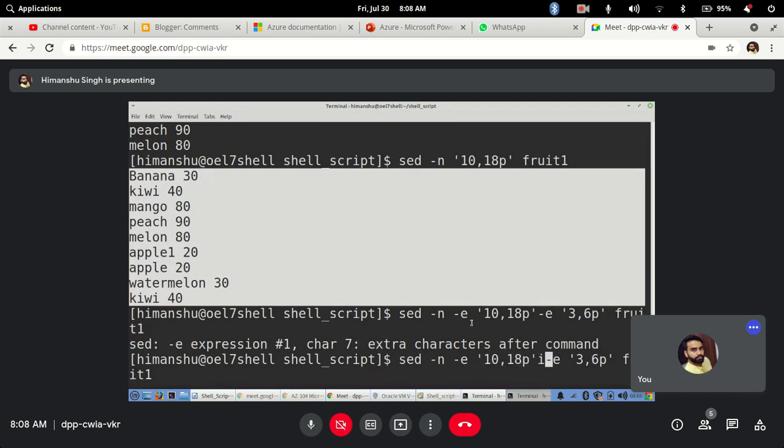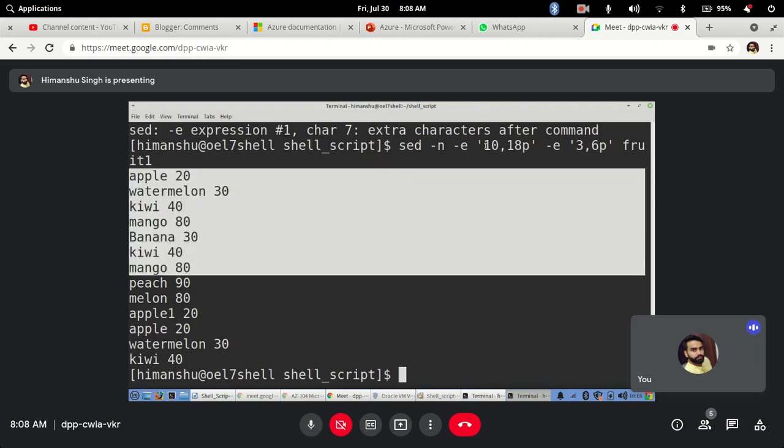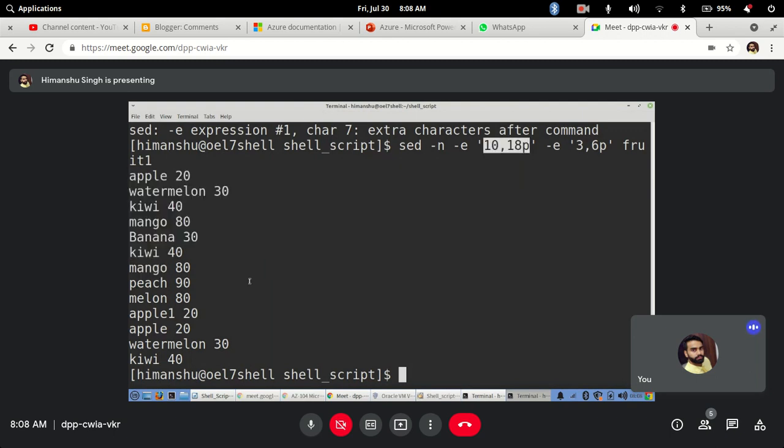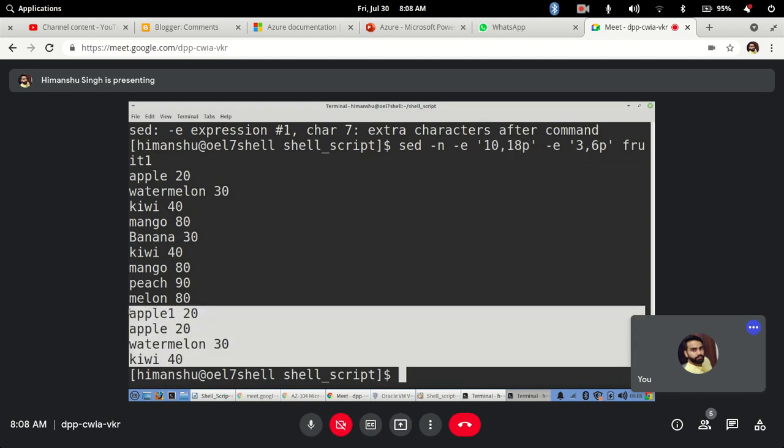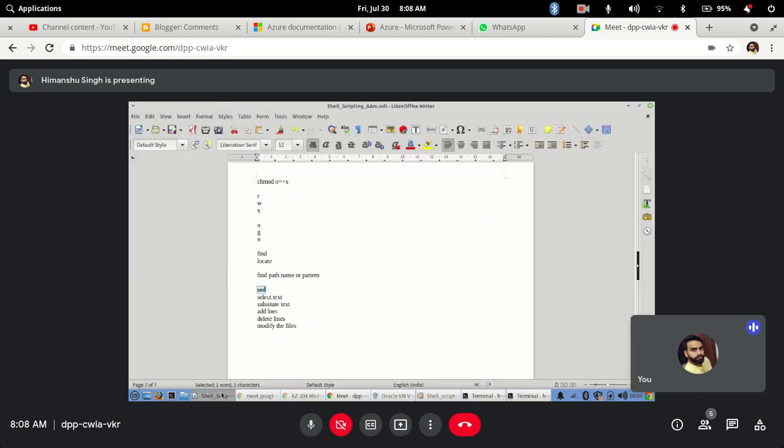Okay, the space is not there. And enter. See now, that space was missing, so that's why it was not able to treat this calculation. Now it will print the lines from 10 to 18 and 3 to 6. So this is the multiple selections that we have seen.